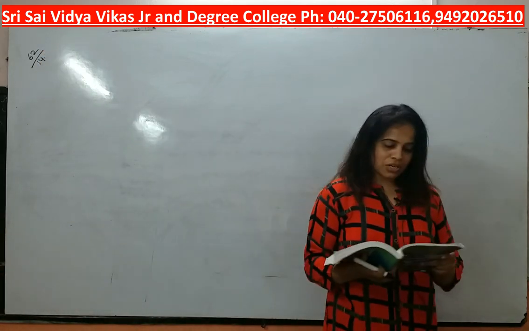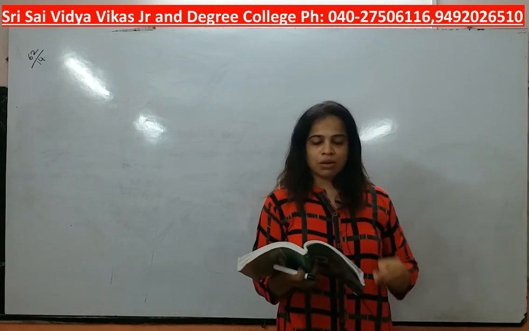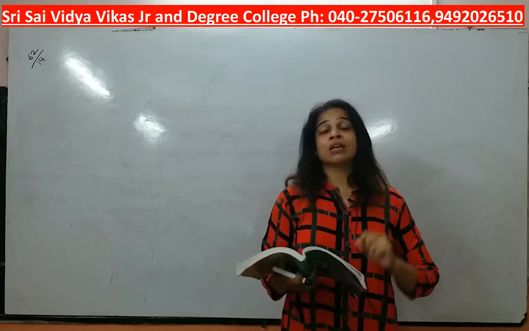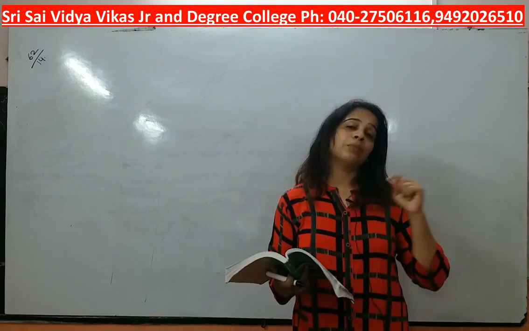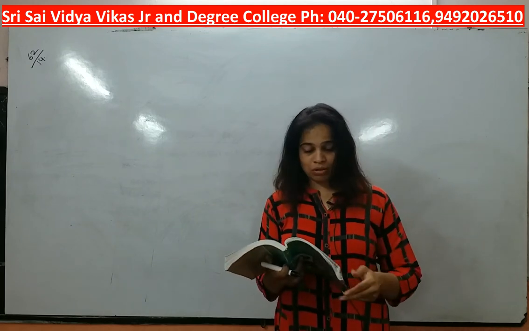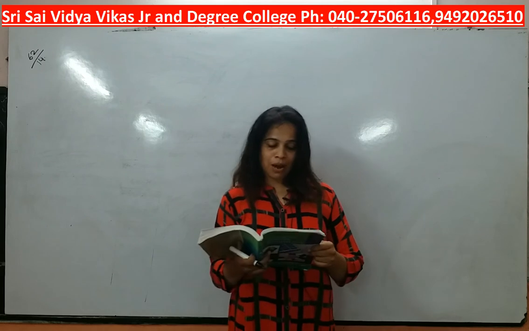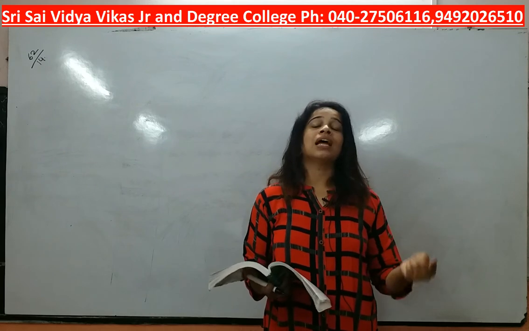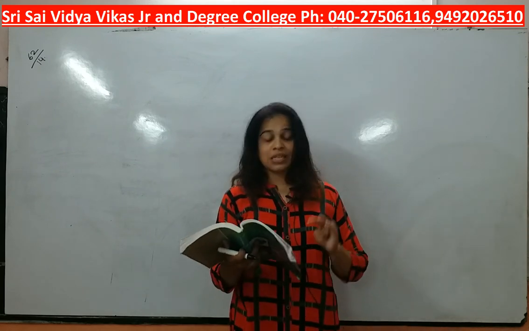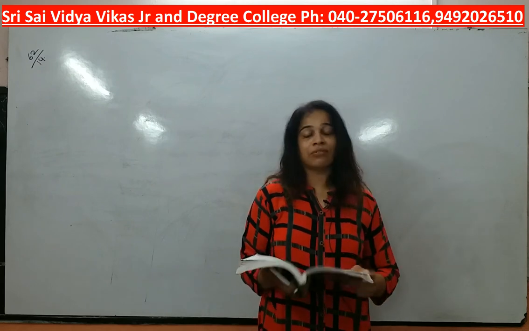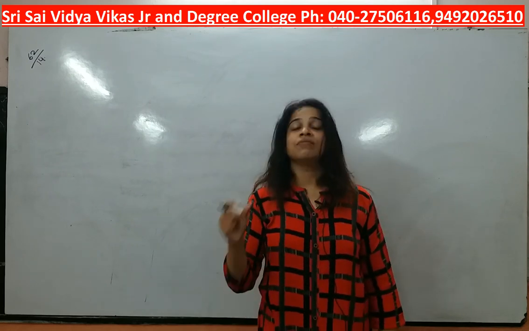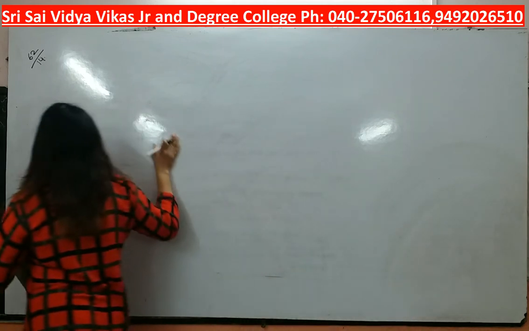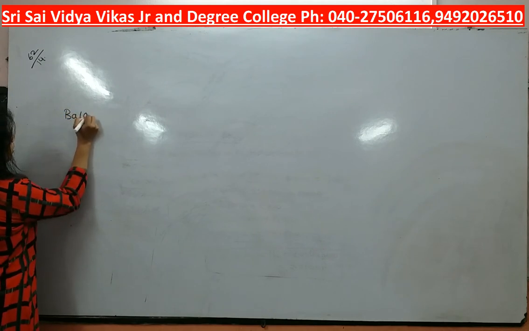Understand. Subhash commenced his business on 1st April 2010 with a capital of rupees 60,000. See, commenced means to start, okay, means capital at the beginning of the year was 60,000. His position on 31st March 2011 is given below. Understand, students, instead of giving capital at the end of the year, they are giving us his position on 31st March 2011. So with the help of given information, we need to find out capital at the end of the year. So here, first we need to prepare balance sheet.